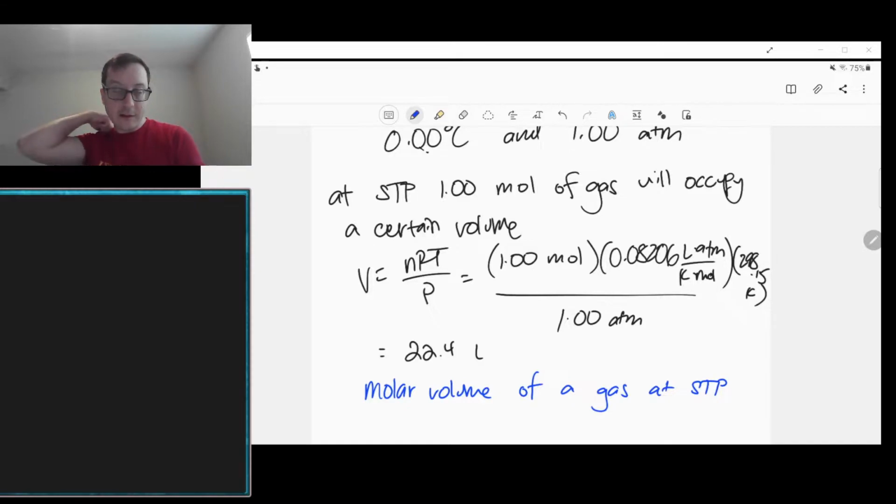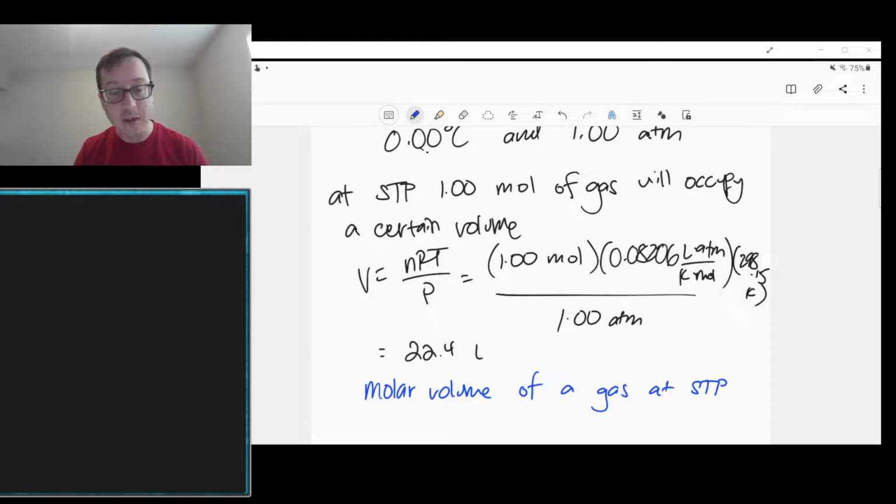And this is roughly, just so you have an idea, about 1 cubic foot, thereabouts. So if you want to think about this in terms of American units, it's about a foot. Make a cube out of it, and that'll be about this 22.4 liters. So just so you have an idea of how big a space that is. It's a little bit bigger than a cubic foot, but it's pretty close. And so this is the volume of 1 mole, which is why we call it molar volume, of a gas